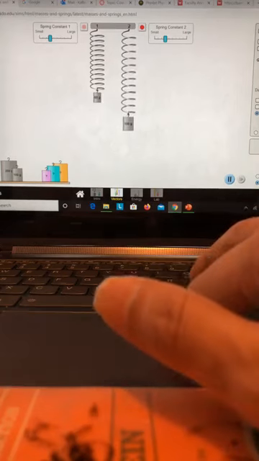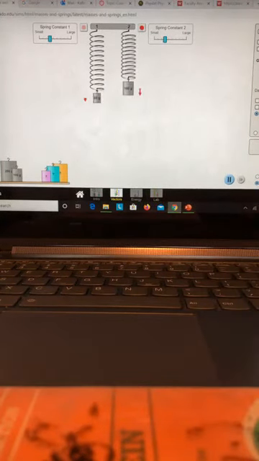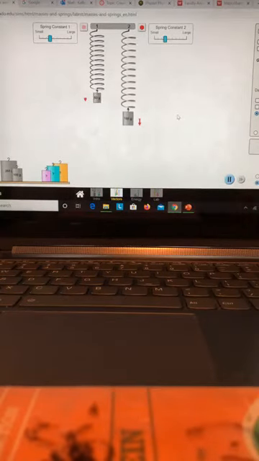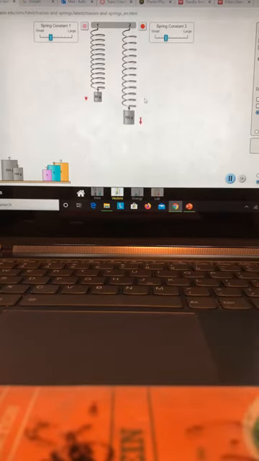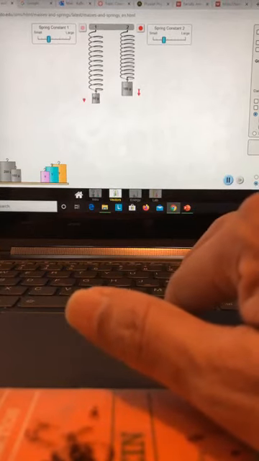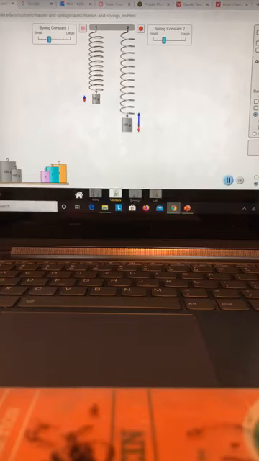So that is the gravity, you see, right? In the second spring, that is the gravity. This red arrow showing downward is gravity, which is constant. That is the weight of the object actually, right? And then if you want to see the spring force, click on that. That blue arrow is